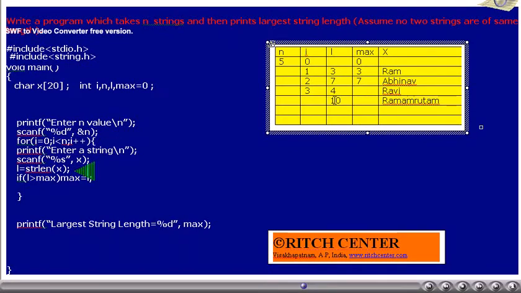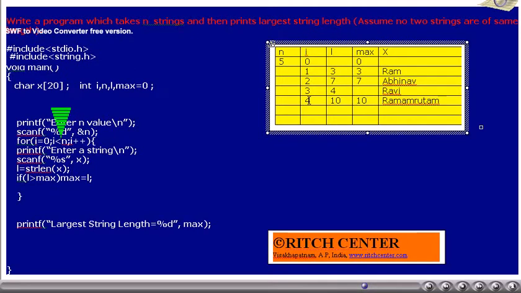Now, the length of the string x, that is Ramamrutam, will be assigned to the variable l. Thus, l value becomes 10. Is l greater than max? That is, 10 greater than 7? Yes. Thus, 10 will be assigned to max. i value will be incremented by 1.